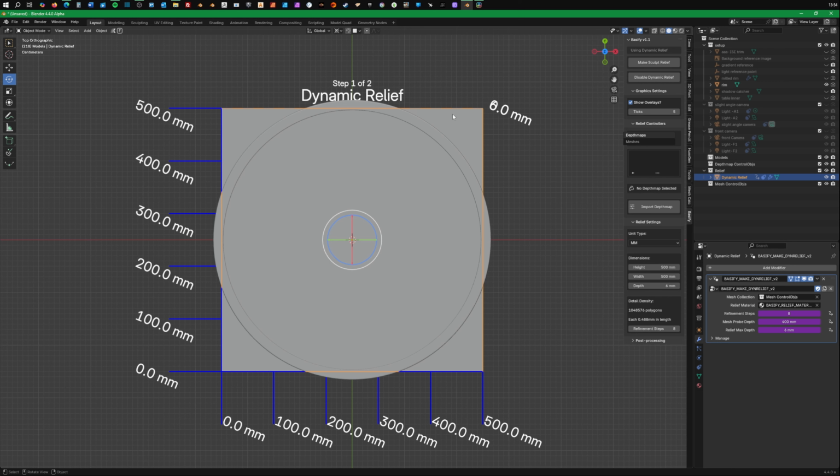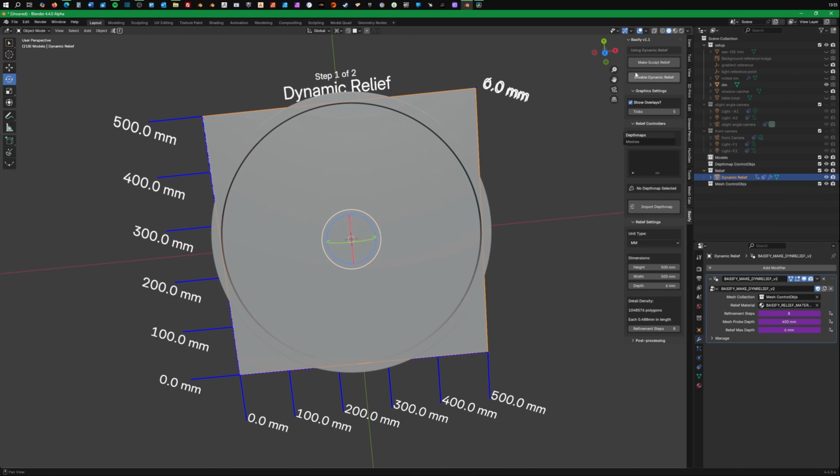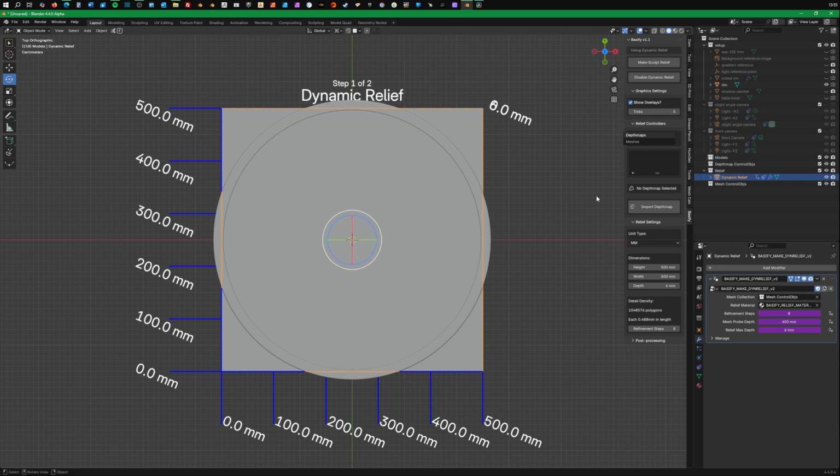So first of all, we've got some options to divide our mesh up into ticks. You can do imperial or metric. You can change how many ticks are in it. You can change the size of the frame and the depth of the frame as well. So you can set it in a number of different ways. And then we've got an option to bring in meshes, or we've got an option to bring in depth maps.